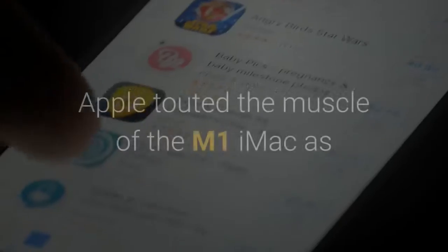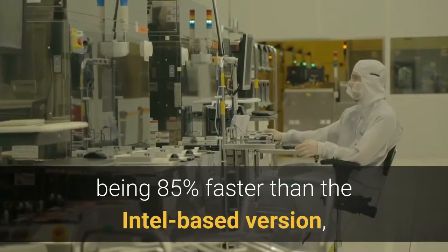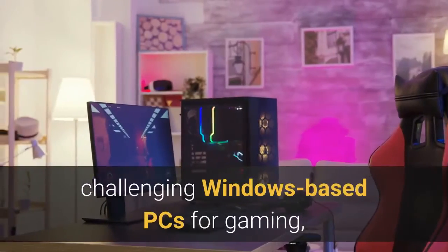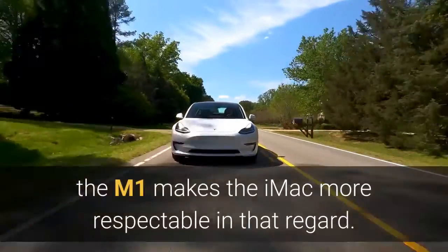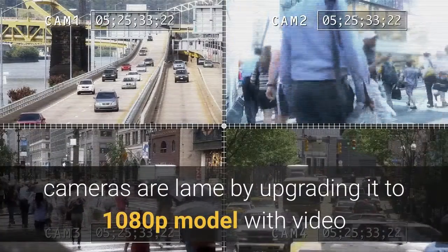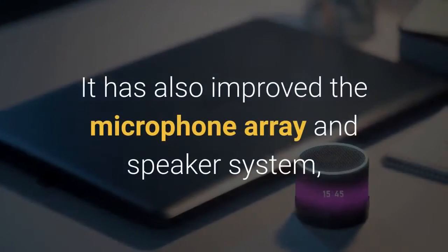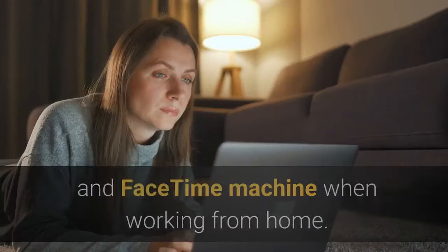During its event, Apple touted the muscle of the M1 iMac as being 85% faster than the Intel-based version, with graphics that are twice as fast. Without saying the Mac is coming closer to challenging Windows-based PCs for gaming, the M1 makes the iMac more respectable in that regard. Apple also has responded to complaints that its iMac cameras are lame by upgrading it to a 1080p model with video that is further enhanced by the neural engine in the M1 chip. It has also improved the microphone array and speaker system, making the iMac a much better Zoom and FaceTime machine